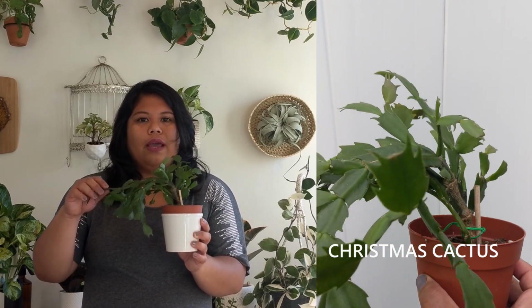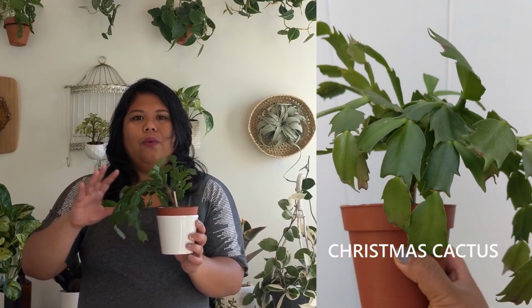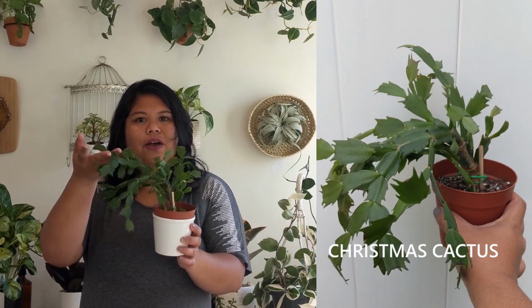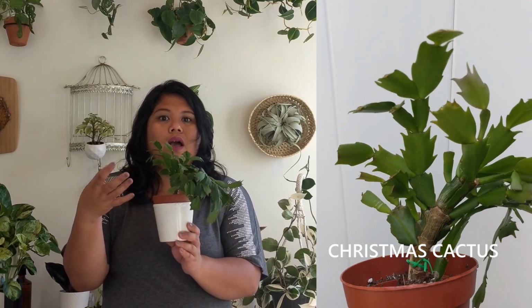And I actually have been wanting to get more cacti, but I wasn't so sure which ones I should get, and I don't really want to invest in more plants right now, at least pay money for more plants right now. And I saw this, so I got this one. I don't really know much about it. I just started researching the Christmas cactus, and